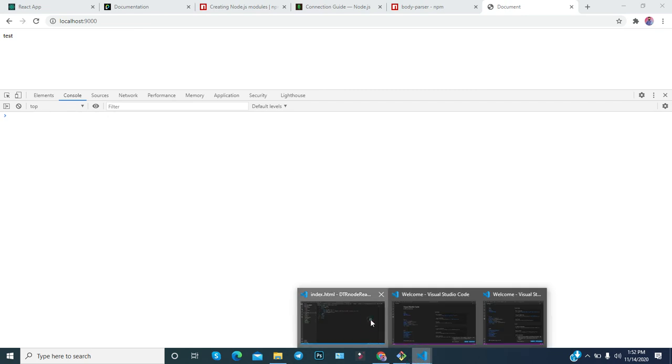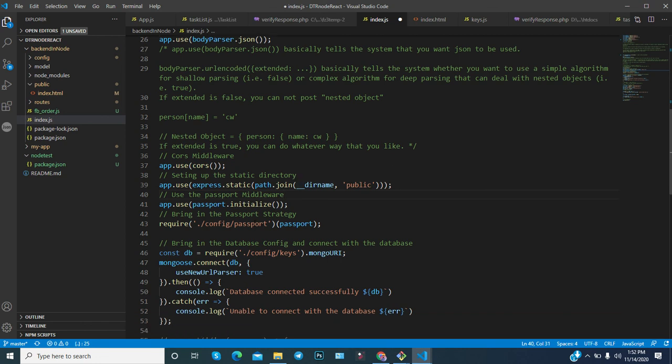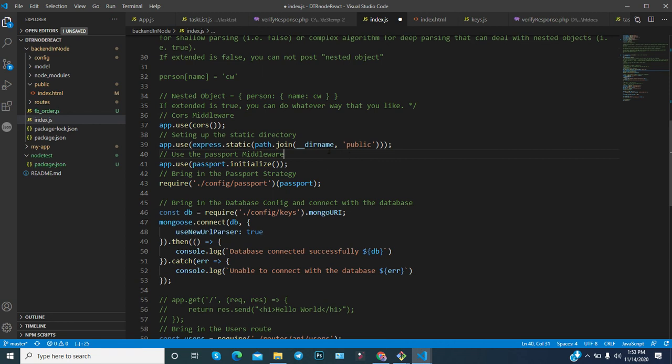Why has it appeared? Because in index.js we have used the public folder, and for the root domain, if you write any navigation, like here in this case API user, then you can also do this, but it is in the root. It means if you run localhost 9000, then this file will appear.